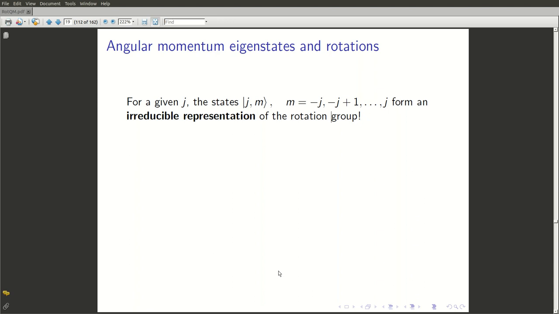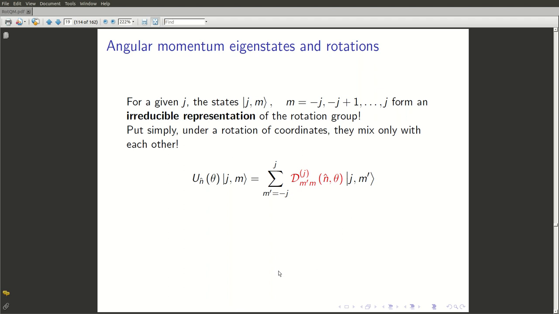It simply means this: you take any of these states |j,m> for a fixed j and see what happens to it under the rotation of coordinates. What happens to it is that it becomes a linear combination of |j,m'>, where the m' may take any value from minus j to plus j, but the j index stays exactly the same. So put simply, when you rotate your coordinates, the |j,m>'s only mix among each other,